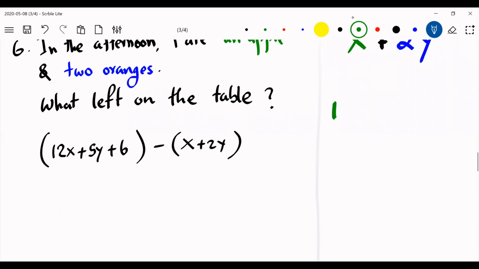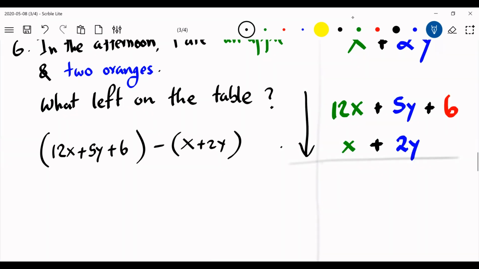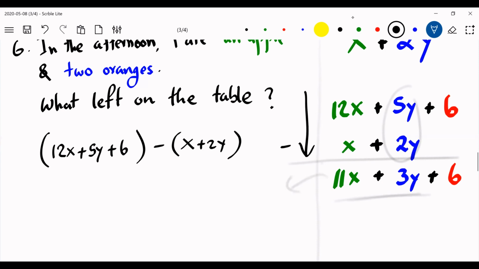To do this subtraction, again, I'm going to write it in a convenient way. So what we need to do now is subtract the second one from the first one. Again, when we perform the subtraction, we can only subtract apples from apples, very similar to adding apples with apples. So out of 12, I ate 1. So what is left is 11 of them. And then in terms of oranges, I ate 2 out of 5. So what is left is 3 of them. And I didn't take any dollars. So we have the $6. And our answer is 11 apples, 3 oranges, and $6. So I can convert that into an English expression saying,